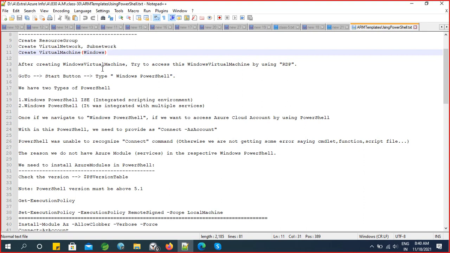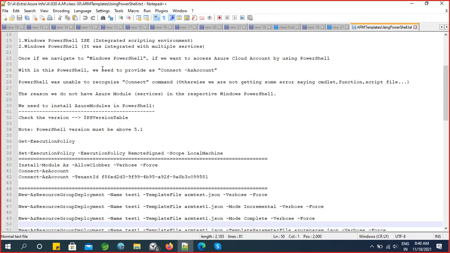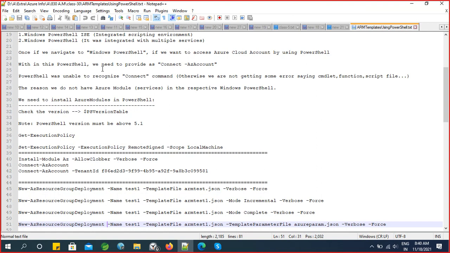Within this Windows virtual machine, if you type Windows PowerShell, we have two types of PowerShell: Windows PowerShell ISE and Windows PowerShell. Windows PowerShell ISE is an integrated scripting environment, and the normal PowerShell is integrated with multiple services. Now once you navigate to Windows PowerShell, if you want to access your Azure cloud account,